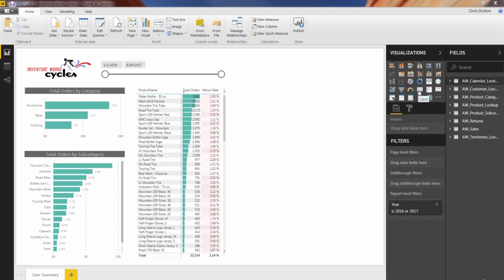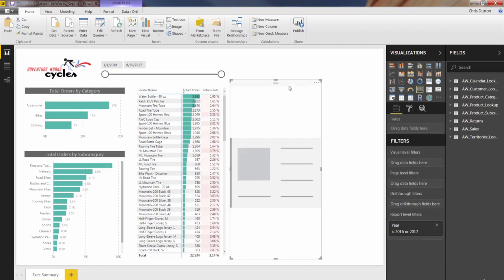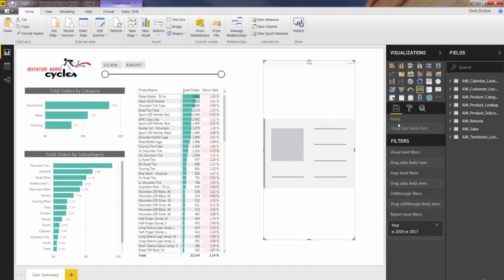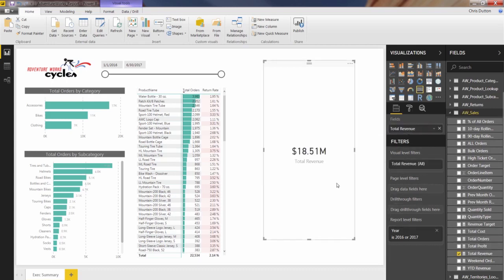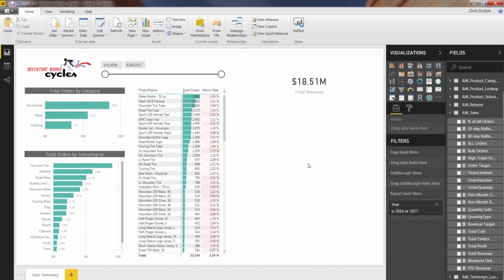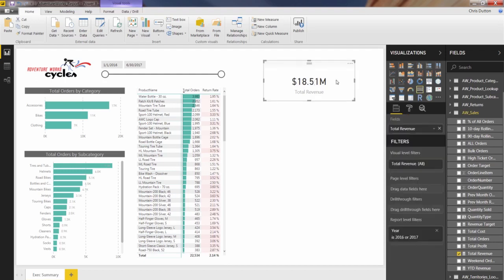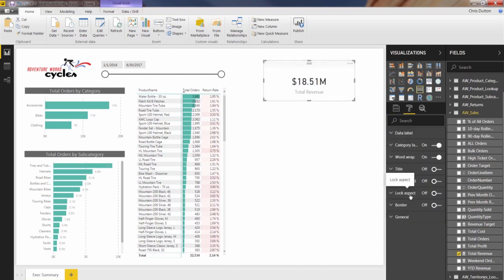And let's start with our basic card. It's a very simple object, requires one field input. Okay, so let's go into sales. And if our focus right now is on revenue, let's go ahead and bring revenue into the fields box. And there you go. You have literally just created a card. That's it. One step and you're done. There aren't even really many formatting options for cards as well. You can give it a little background, change the font, but for all intents and purposes, that's it as far